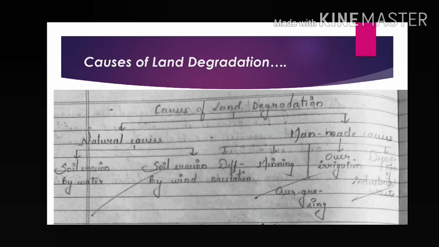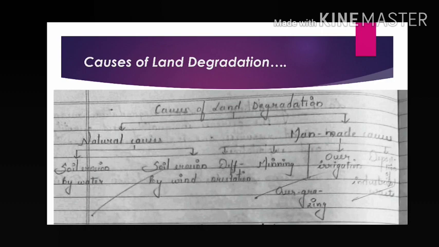When you are digging the land to extract the mineral, that is deforestation, first thing. And second thing, you are damaging the land structure. Now come to the next, overgrazing. Overgrazing means that when animals are walking on the grassland, due to their footsteps, the soil is eroded and the land structure is damaged. That is called overgrazing.